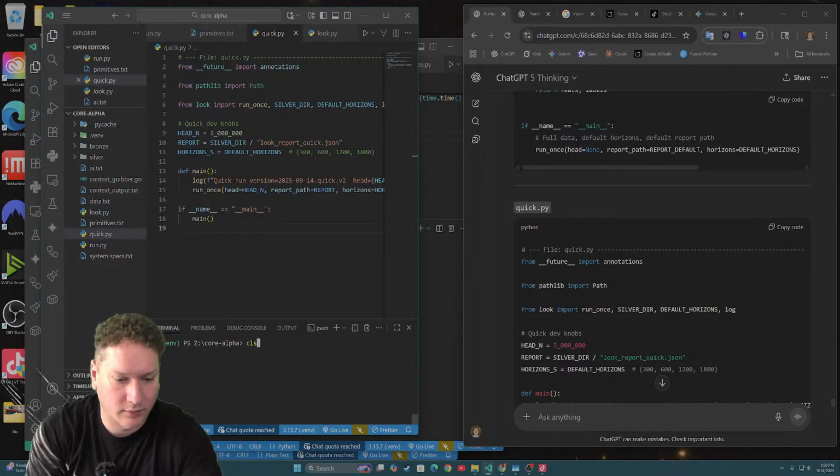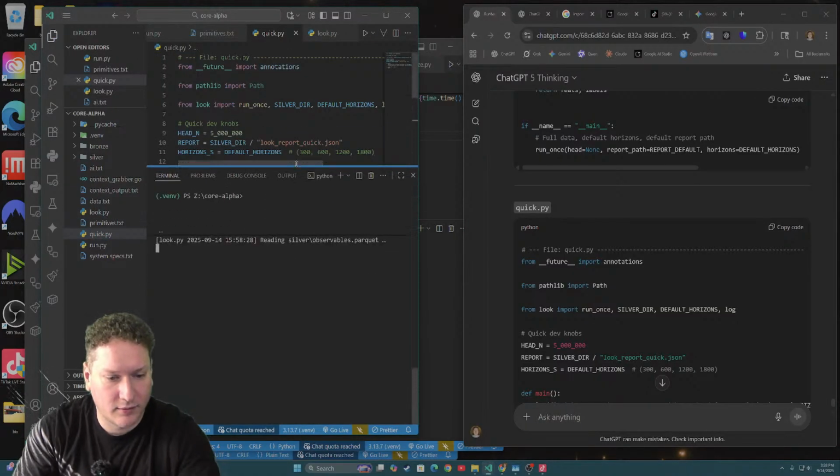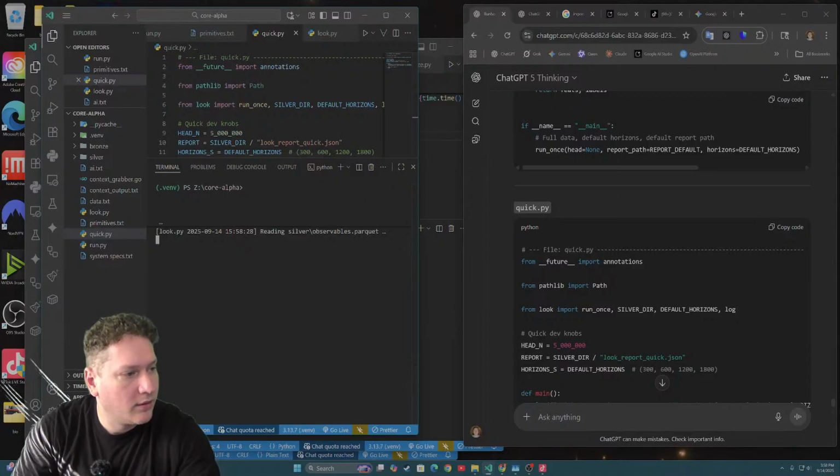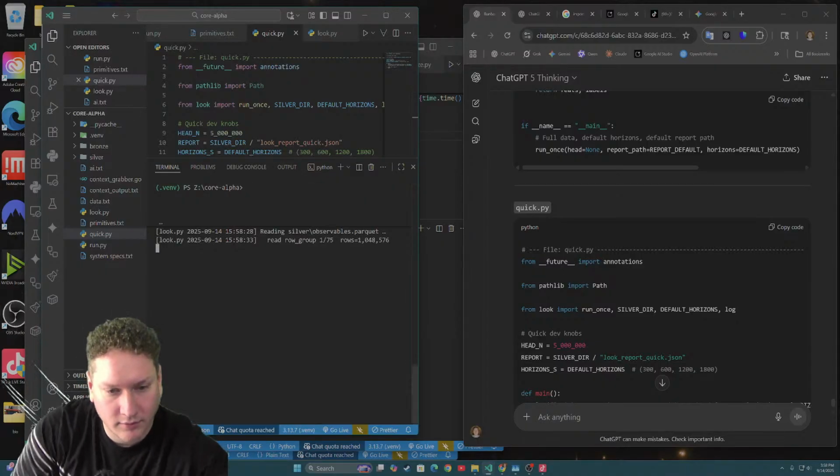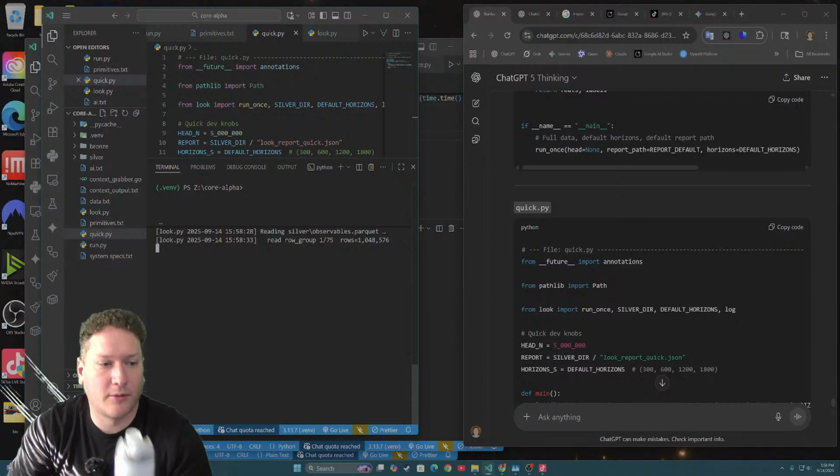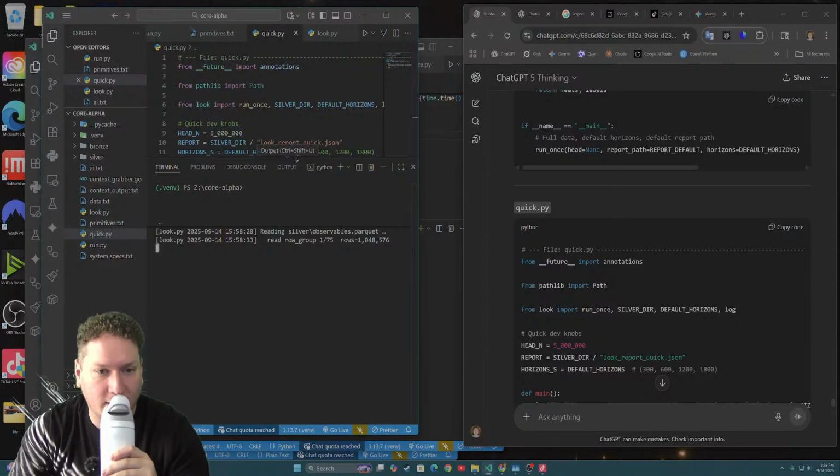All right, let's see if this works out. Definitely something like a trading bot. All right, so we'll run a quick test on this, and then once I get good results from it,